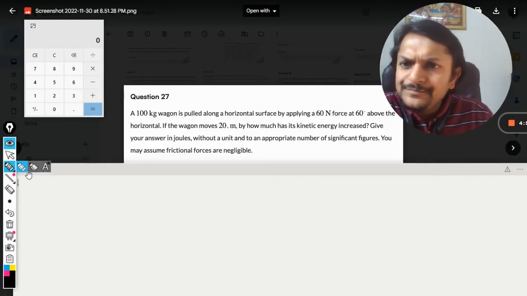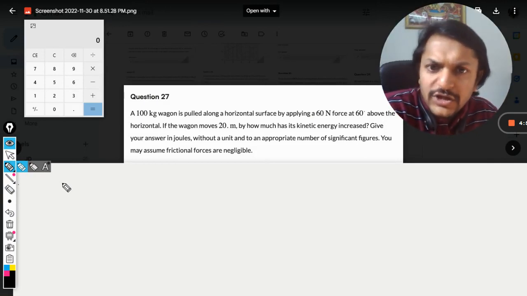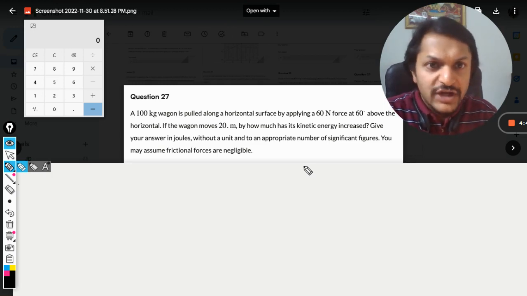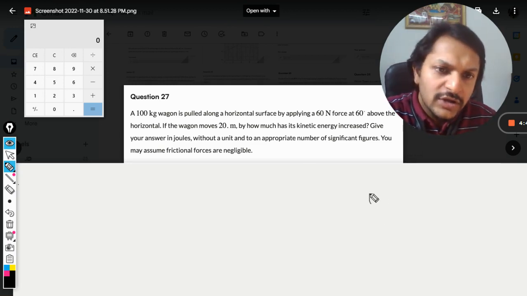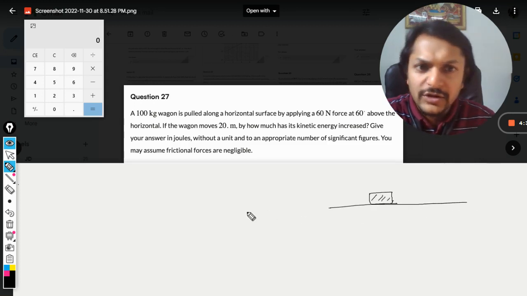Okay, so let us read this question. A 100 kg wagon is pulled along a horizontal surface by applying a 60 Newton force at 60 degrees above the horizontal. So there is a block here, you can call it wagon or something. So what is happening here is this is a horizontal line,